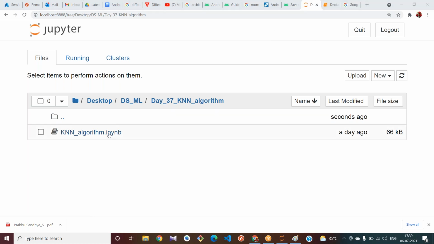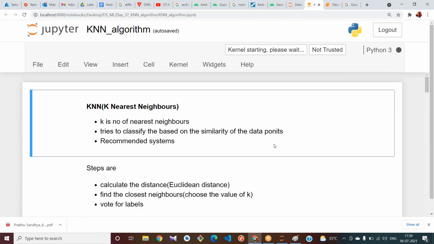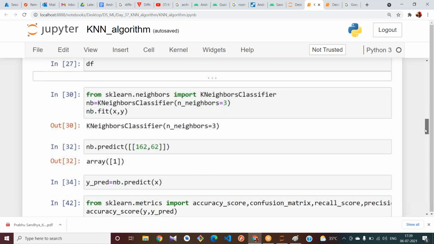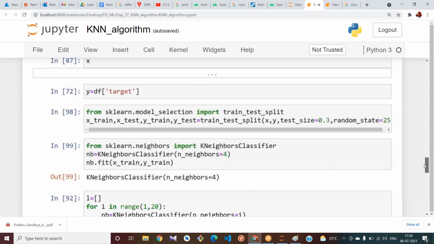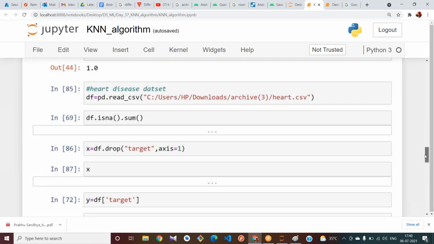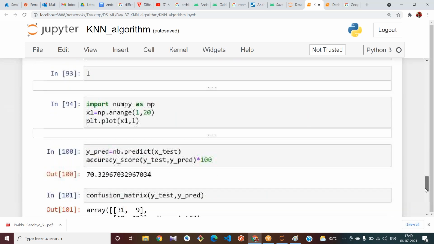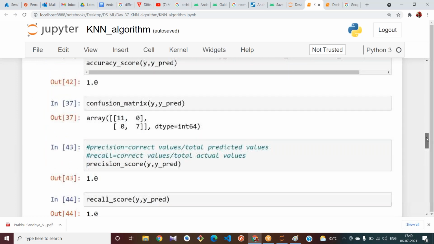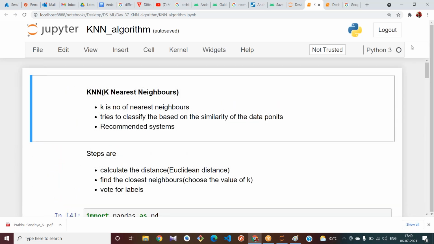Now for the heart disease, how much accuracy did we get with the KNN? Let us see. For the heart disease, this is heart.csv. We got 78, right? Let us apply the decision tree classifier. And let us see if our accuracy increases or decreases with the decision tree when compared to the KNN.